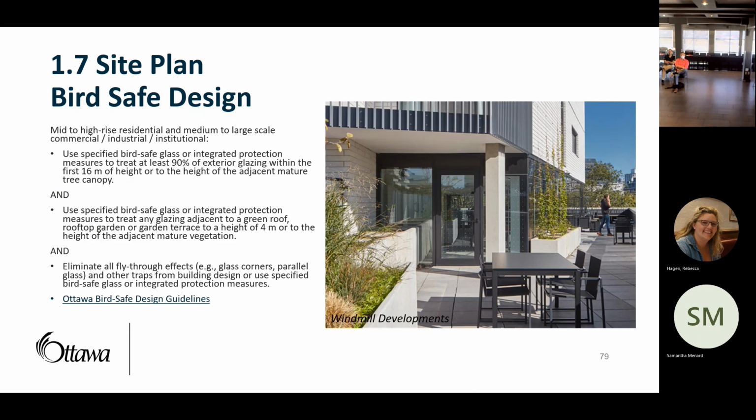The next metric is for bird safe design. For mid to high rise residential, medium to large scale commercial, industrial, and institutional buildings must use bird safe specified glass for 90% of the lower areas of the building and in areas that are directly adjacent to vegetated roof space. So it's for the first 16 meters of height or to the height of the adjacent mature tree canopy, whichever is greater,